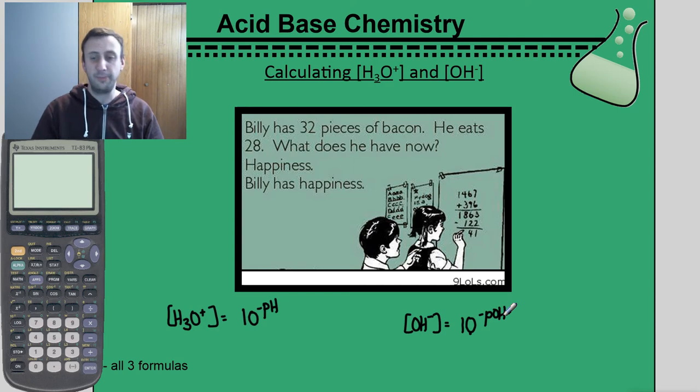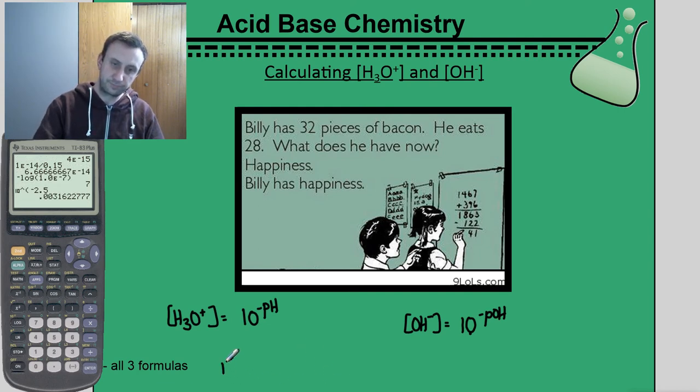This should be a review, but these are my formulas for finding hydronium or hydroxide. So how does that plug into your calculator? Well, what you do is you go second log, and then you have 10 to the power of, and then you can enter, let's say the pH was 2.5, negative 2.5. So if I had a pH of 2.5, then my hydronium concentration, H3O positive, would be equal to, now I only have 1 sig dig from this